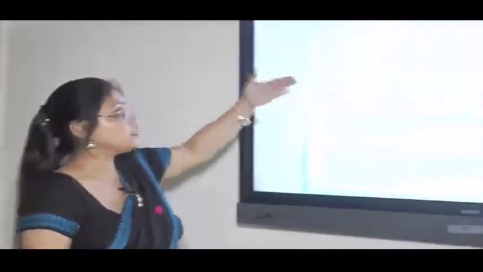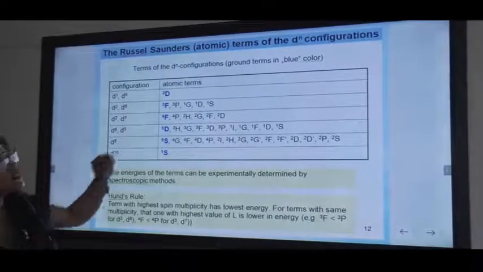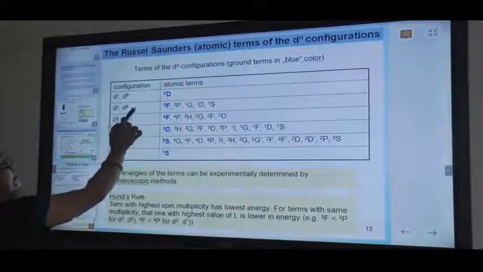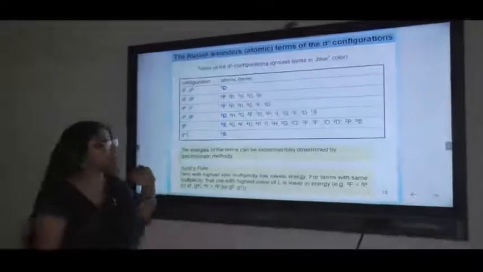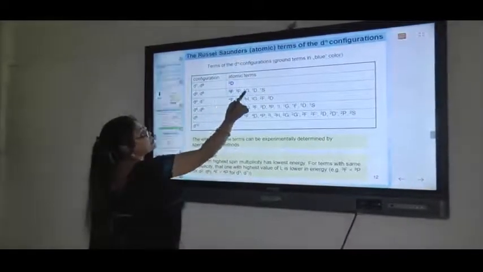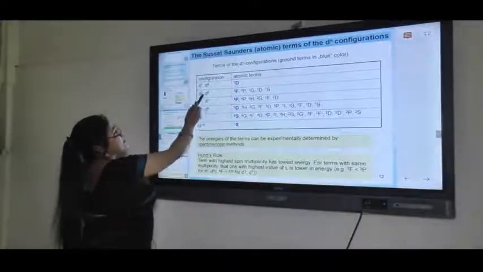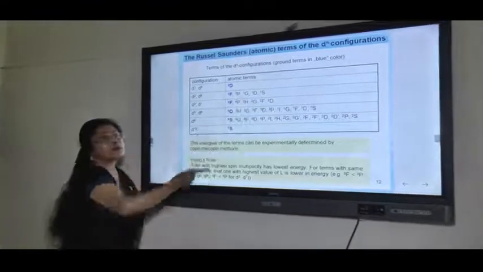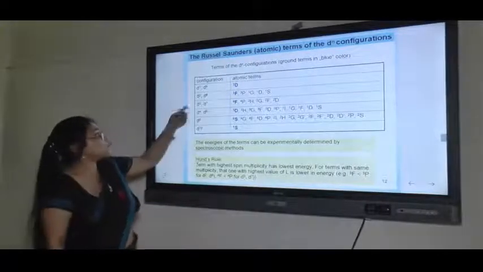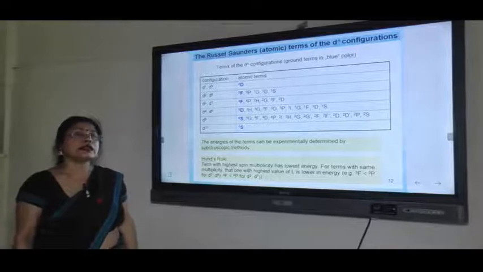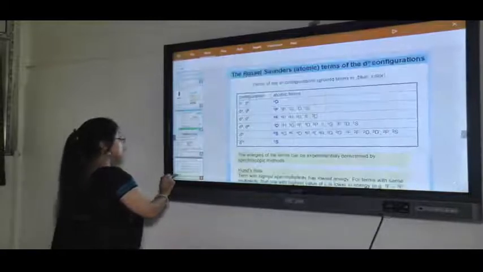So, if we see the different configurations, you see both D1 and D9 give us the same term, D2 and D8 give us these particular terms. These are on the basis of the energy of the terms. This will be the ground state and this will be the higher excited state. Now, you can see that for D2 and D8 we are having the same terms, even the same ground state. Does that mean that both these will have the same Orgel diagram? No. D2 and D8, let us give it with an example.